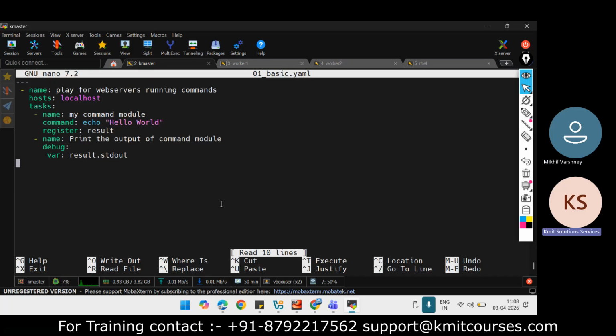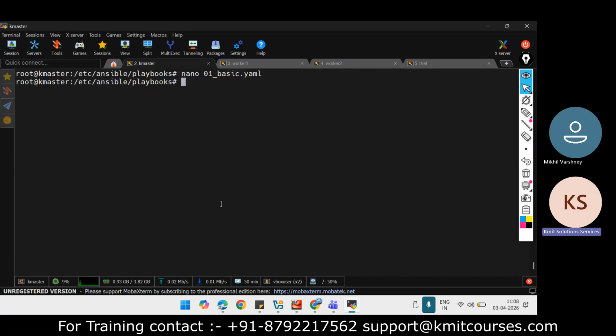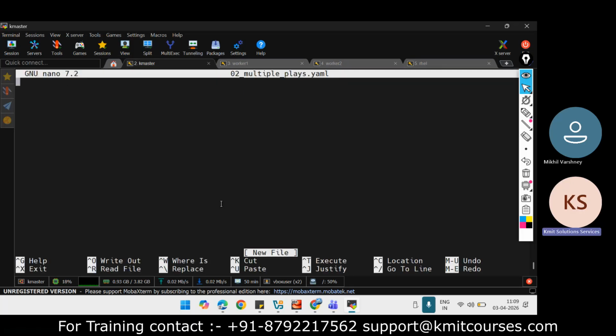Right. So now you can create multiple plays also. If I say nano 02 multiple play, for example, multiple play dot YAML file. So triple hyphen, then name. What I want to do, I want to